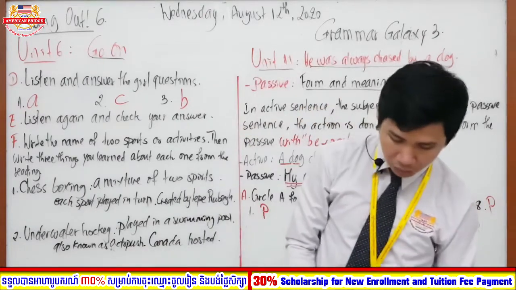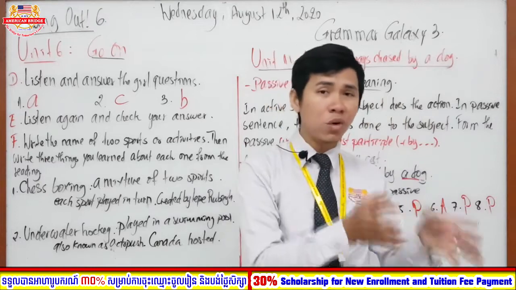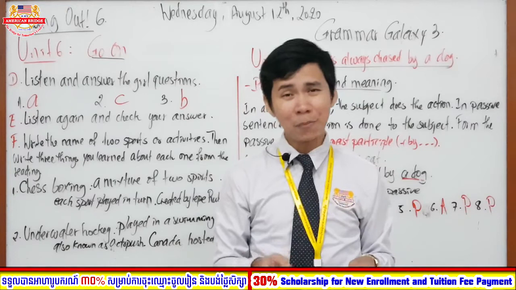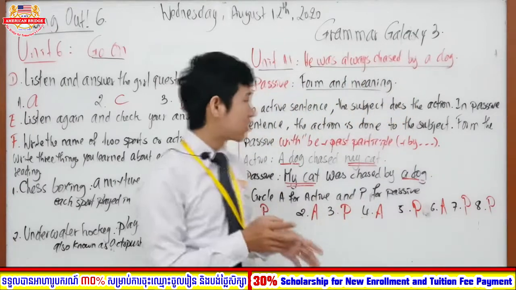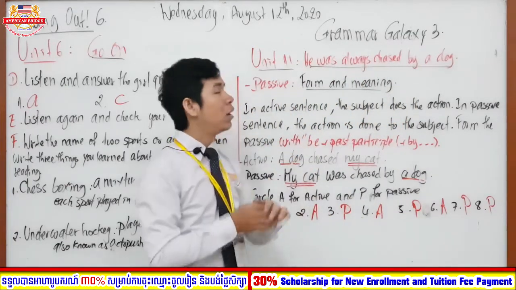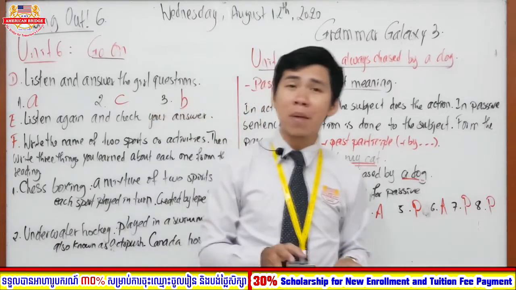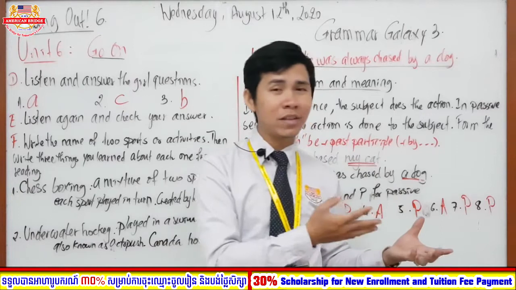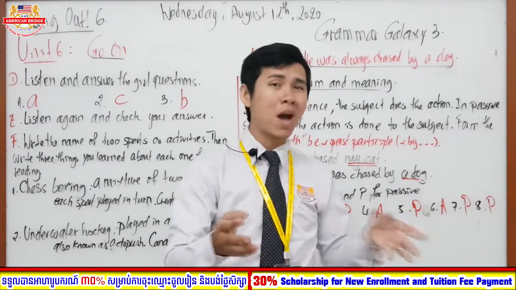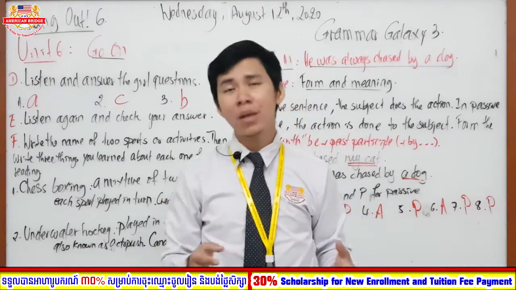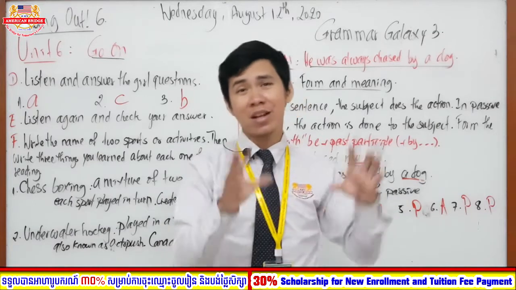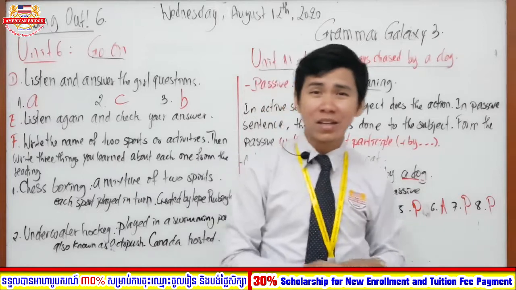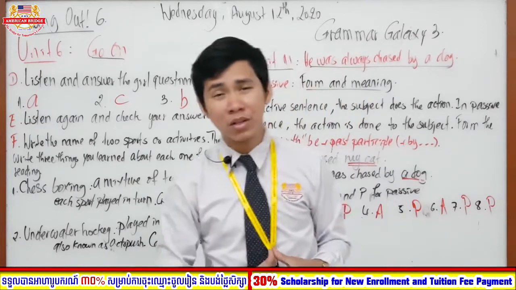So when do we know a sentence is passive and when is it active? It's very easy. When you see a sentence that consists of be and a participle, it must be a passive sentence. But if it is only be and there is no verb 3 or participle, like verb-ing, it is not a passive sentence. It is going to be the present or active sentence. This is what we note about this point.